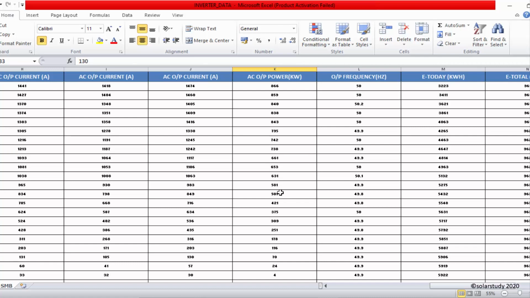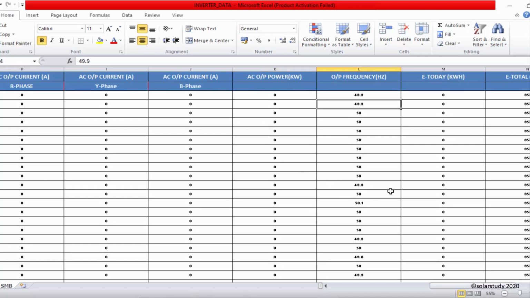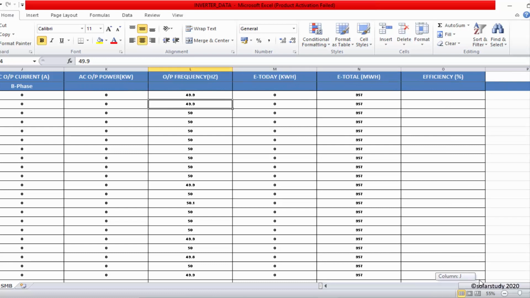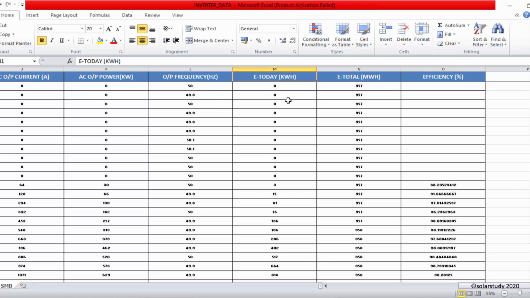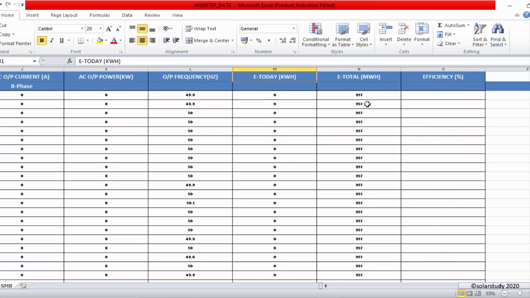From there the maximum is around 738 kilowatt that it will generate. Similarly the frequency is almost 50. Then the total energy generated per day, in kilowatt hours. So energy generation. Then again total energy in megawatt, because there are so many inverters connected.